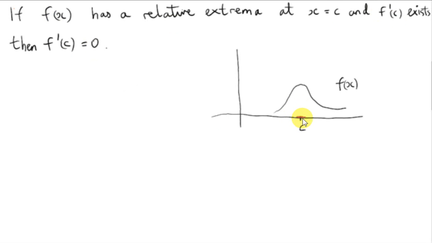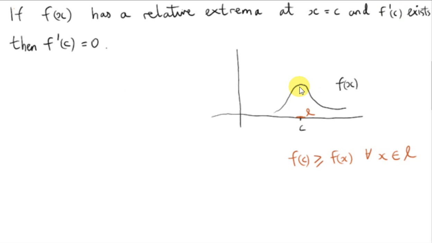That means if we take any open interval that contains the point c, then f of c will be greater than or equal to f of x for all x an element of this open interval. I'll call the interval L. Now this happens to be a relative maximum, but of course we could be talking about a relative minimum. Also you can see that at x equals c the curve is smooth, so the derivative of f at c